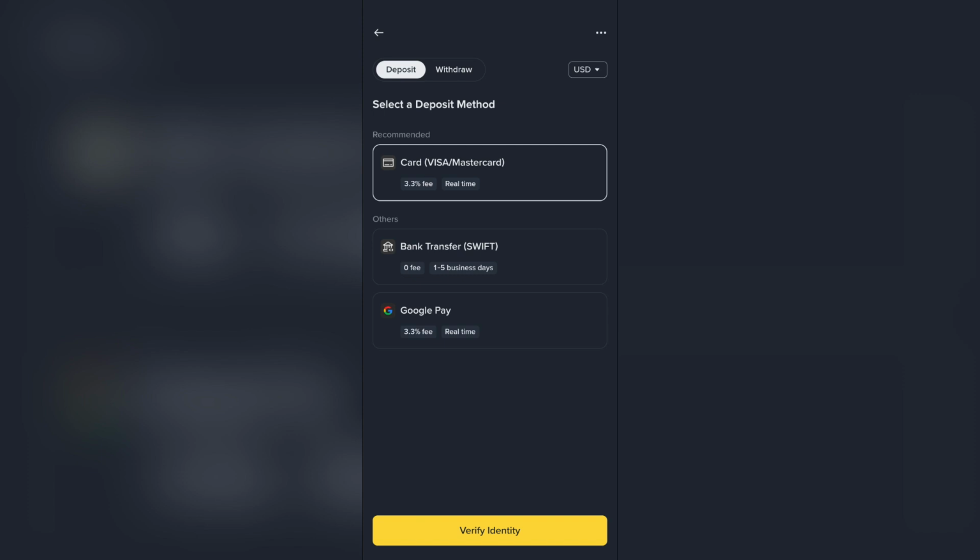Just simply select the option, and after that you can select the amount and deposit that amount in Binance if you have that in any of your card, bank and Google Pay. Just simply do that and you will be able to deposit money in